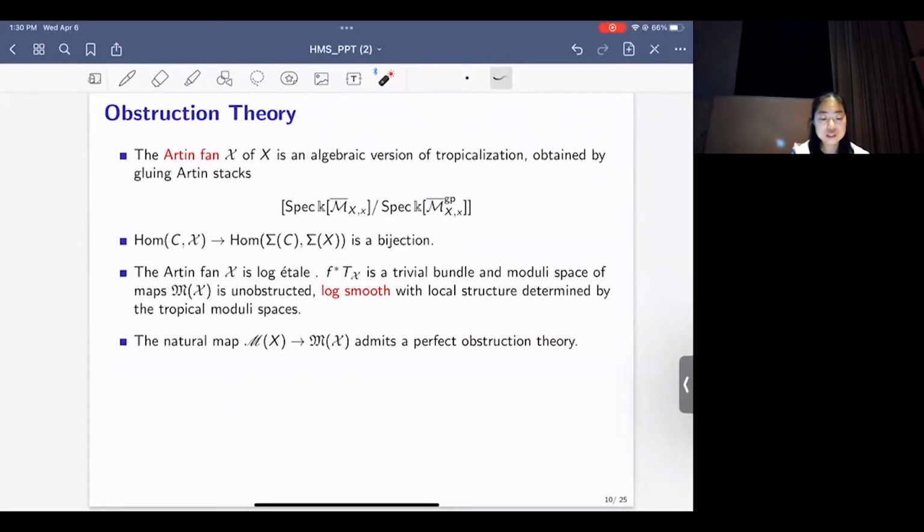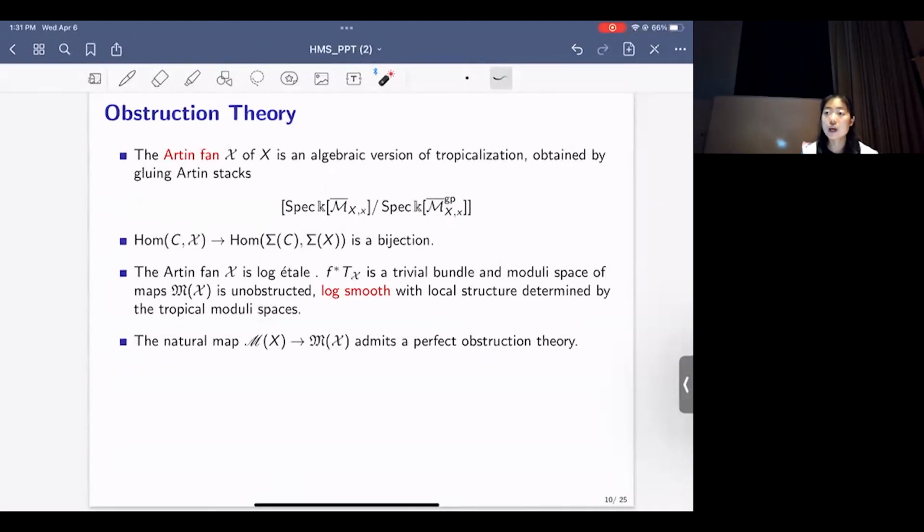This is obtained by, remember with the tropicalization, we take the dual cones and glue them together. Here we take an Artin cone, which is defined by an affine toric variety modeled by its maximal torus. We glue them together in a similar fashion, and we get a stack,